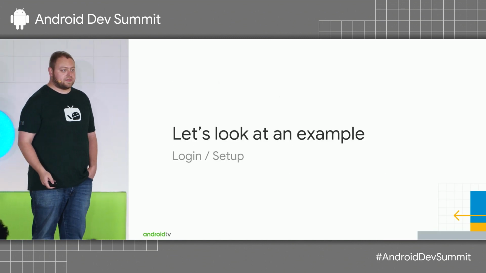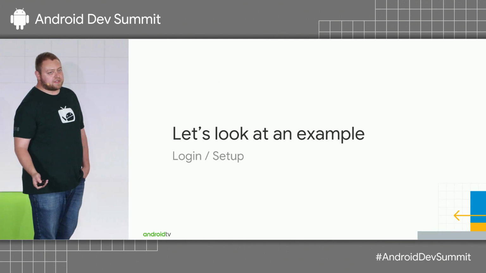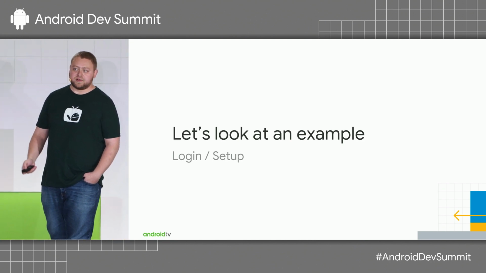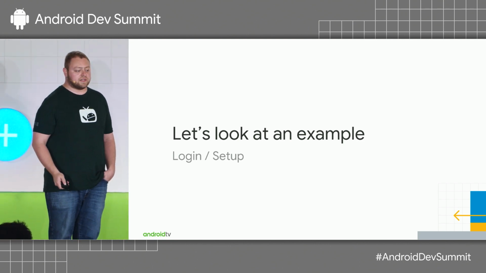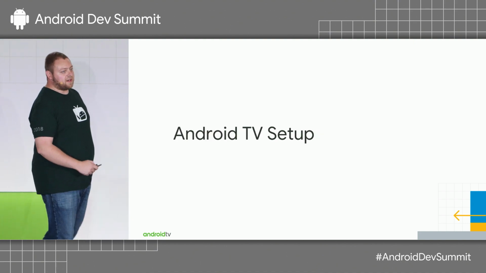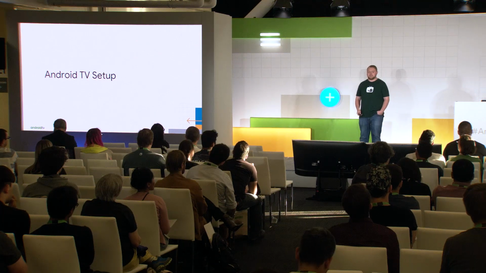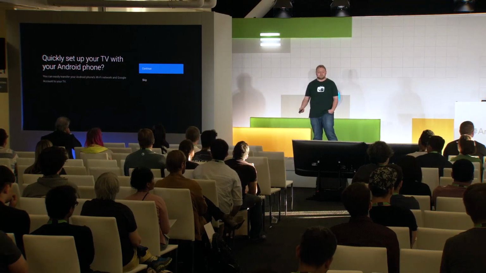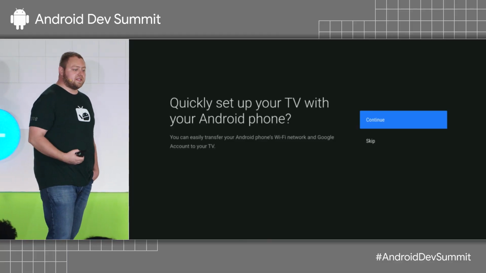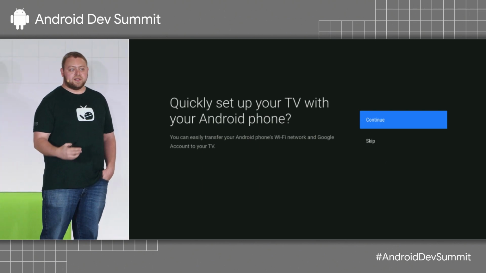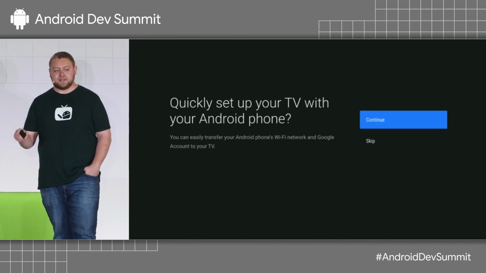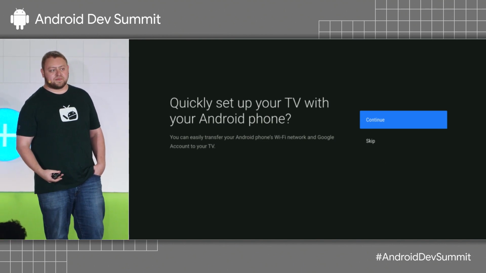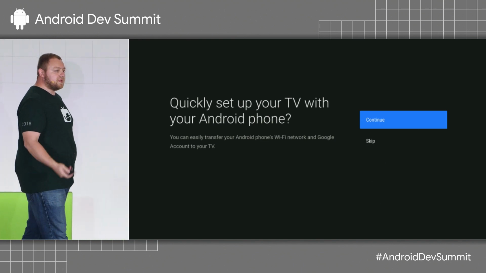So let's look at an example. You may or may not know it, but everyone here who's set up an Android TV has already done that third step, that frictionless interaction. The Android TV setup actually does this for you. During the flow, they say, hey, do you want to set up on the phone? They give you a strong UX indicator. You're going to pull out your phone. You get a notification. You say, hey, yeah, this is me. This is my account. And the TV takes over from that information. And it was really frictionless.